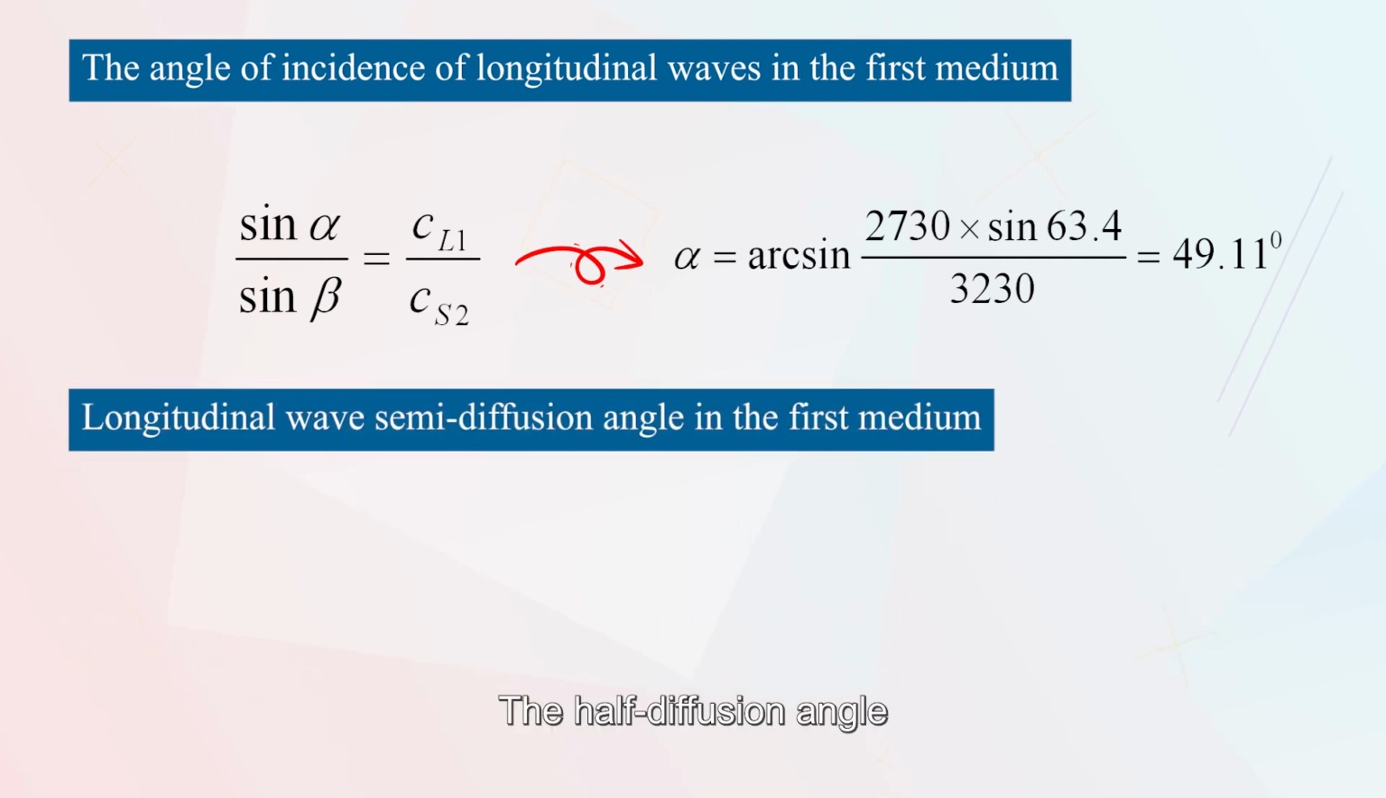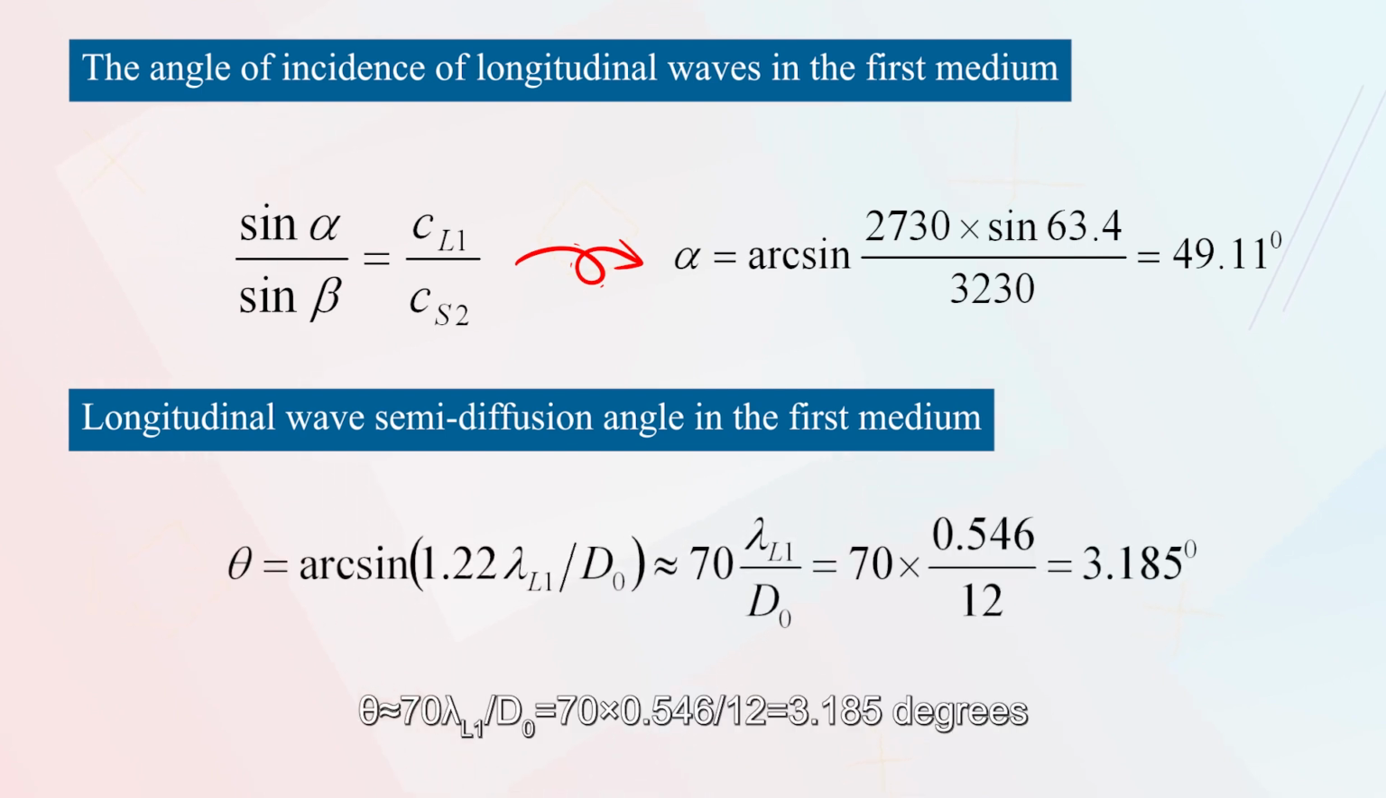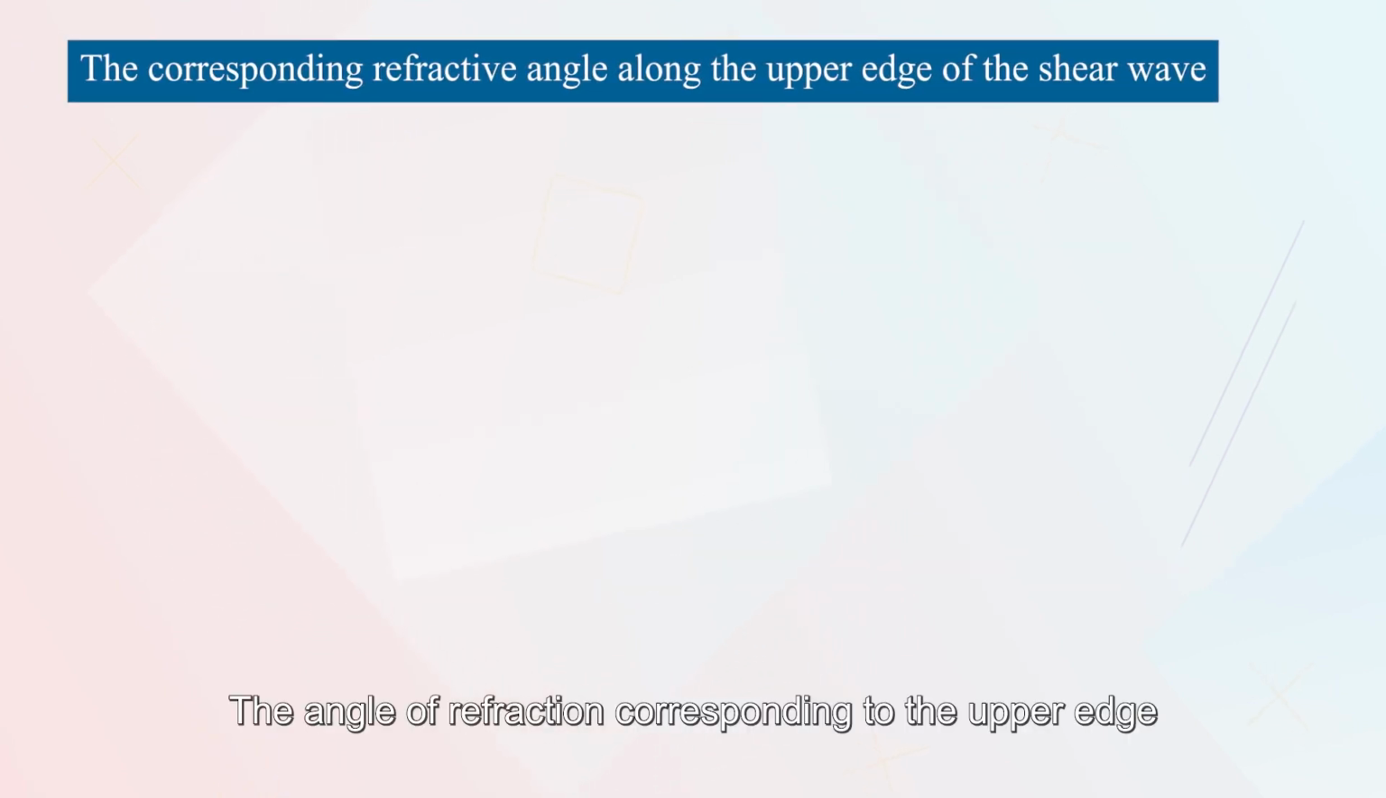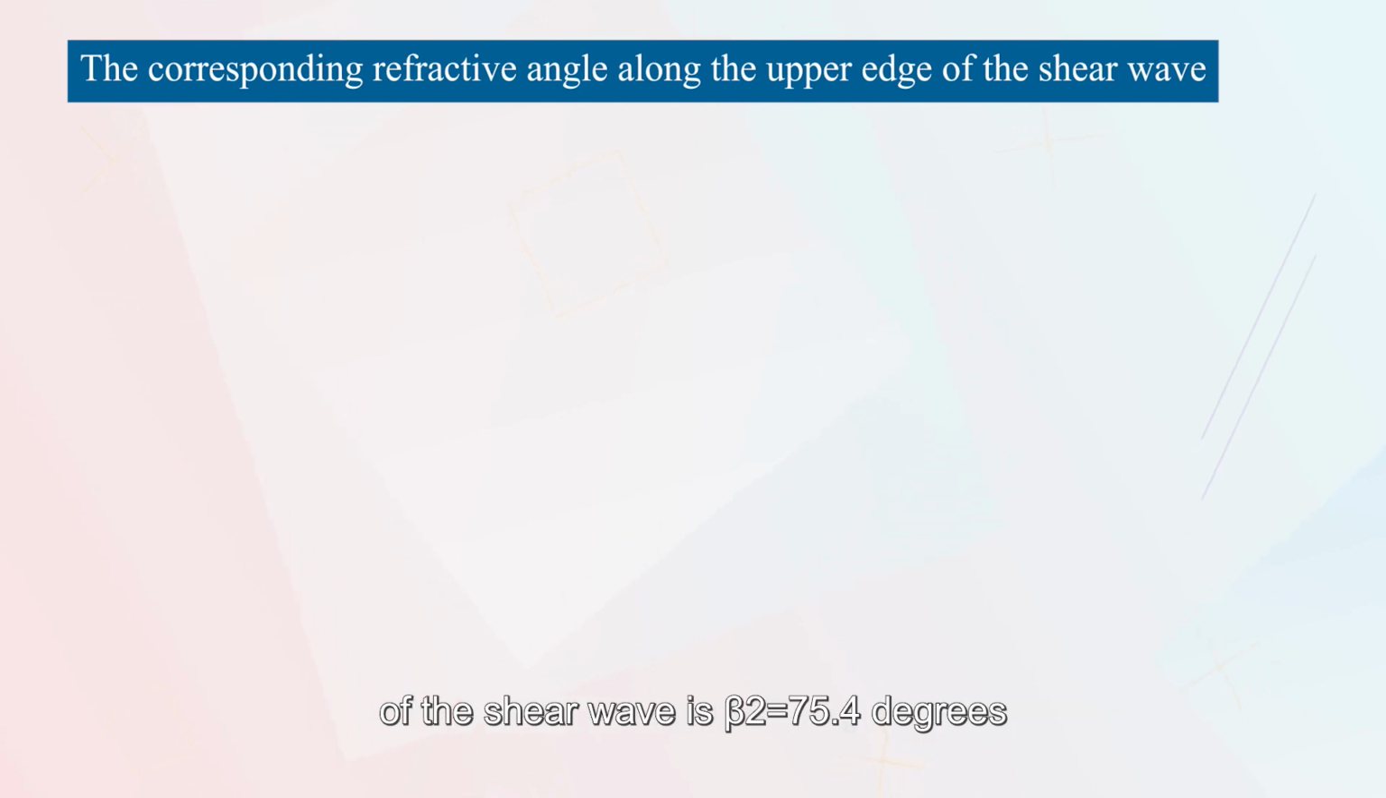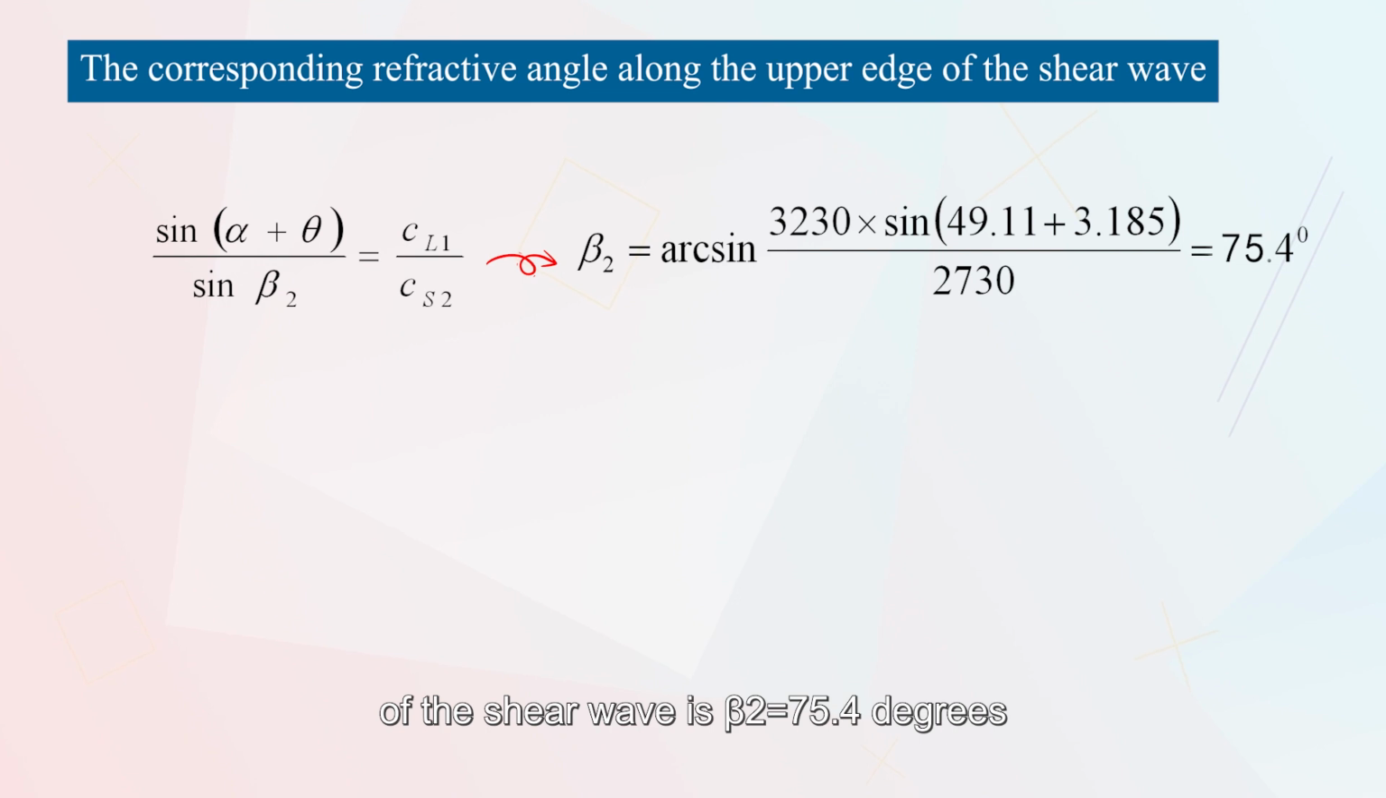The half-diffusion angle of the longitudinal wave sound field, theta, is approximately 70 lambda L1 divided by D0, which is equal to 70 multiplied by 0.546 divided by 12, which is equal to 3.185 degrees. The angle of refraction corresponding to the upper edge of the shear wave, beta 2, is equal to